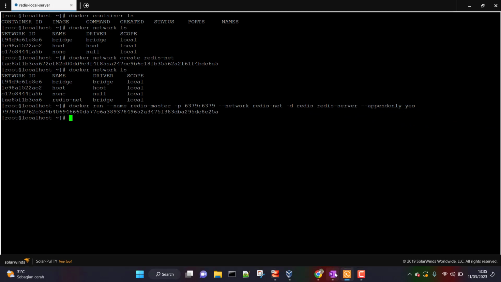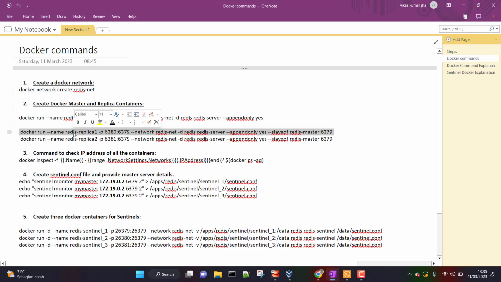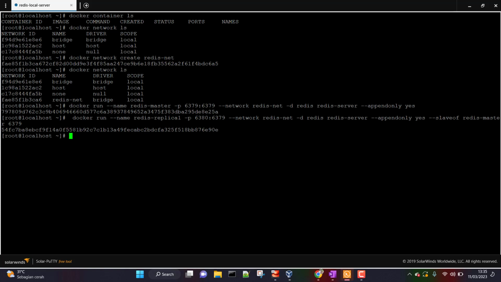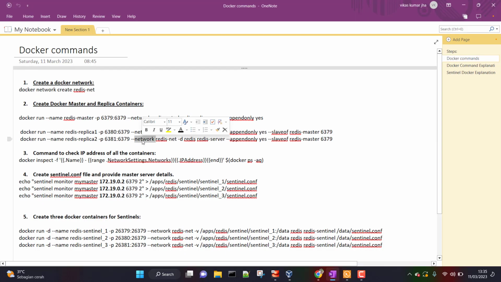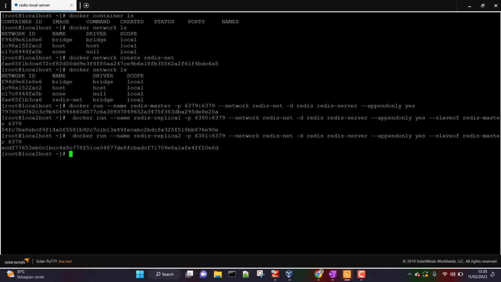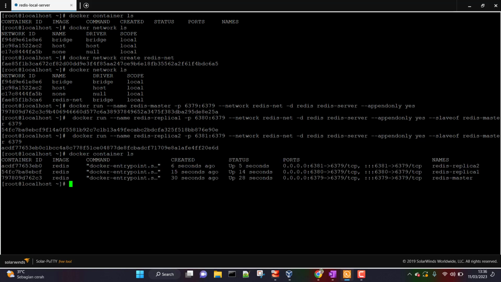Now I'm going to create replica nodes. So I'm just going to copy the command, and guys, don't worry, I'm going to give you this command in a document. I'm going to put it in a document and give you the link, so you can also just copy paste it. So here you can see I'm just going to create another replica. Okay, so now we can do docker container ls, and here you can see 3 containers have been created,